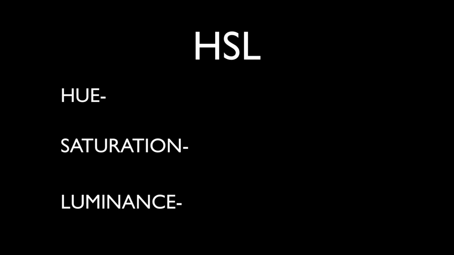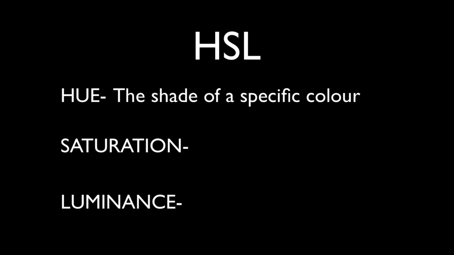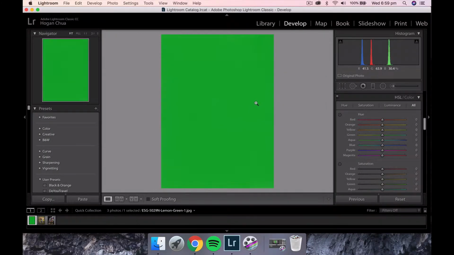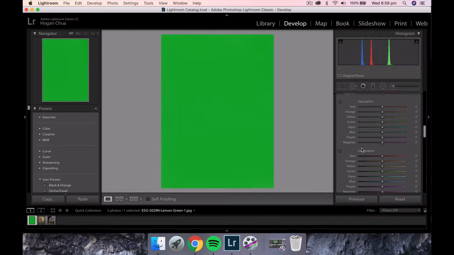Alright, so HSL stands for hue, saturation, and luminance. Hue is the shade of a specific color. Saturation is the intensity of a color, and luminance is the brightness of a color. I'm going to use this solid green image to demonstrate how adjusting the green hue, saturation, and luminance sliders will